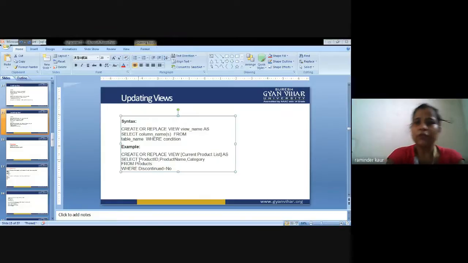So create or replace view current product list as select product ID, product name, category from products where discontinued is equal to a number. These were the queries and commands that we are going to use in SQL Server. If you have any query, you can ask me. I am giving you the time of 5 minutes.